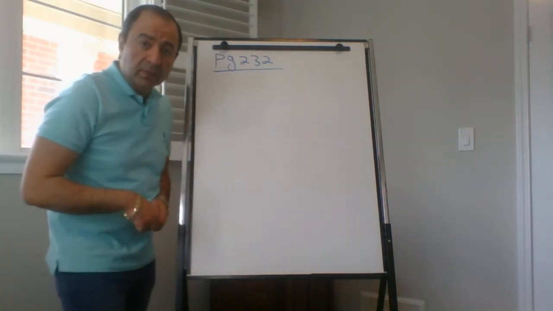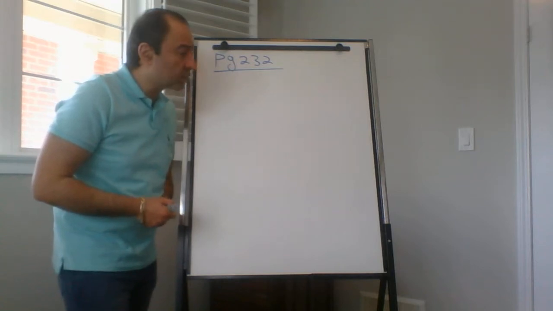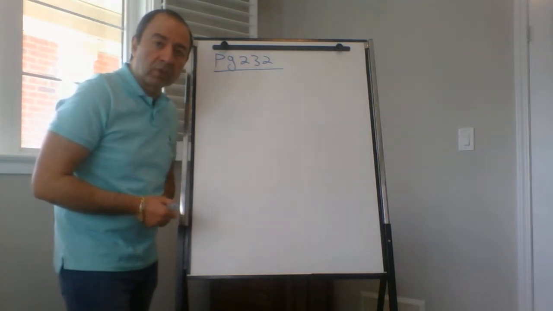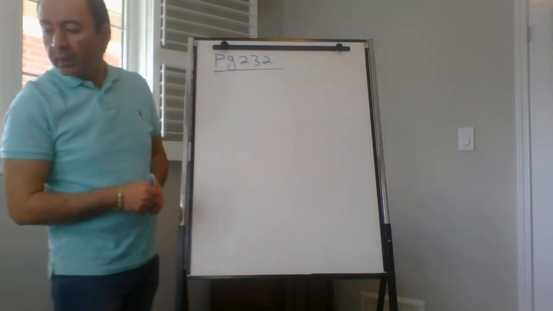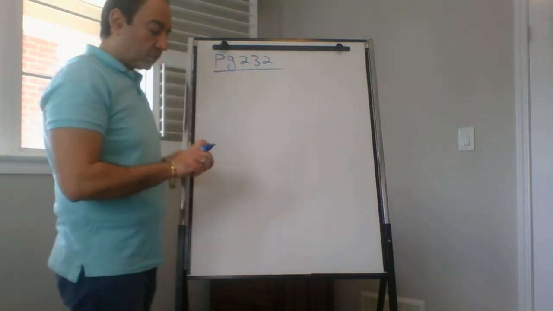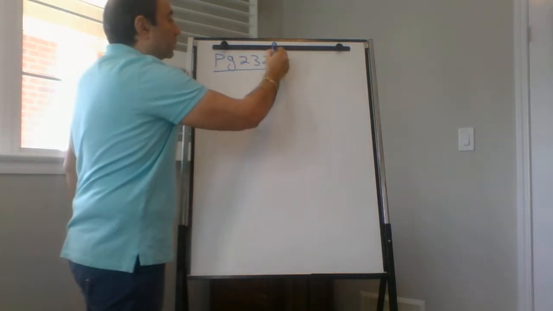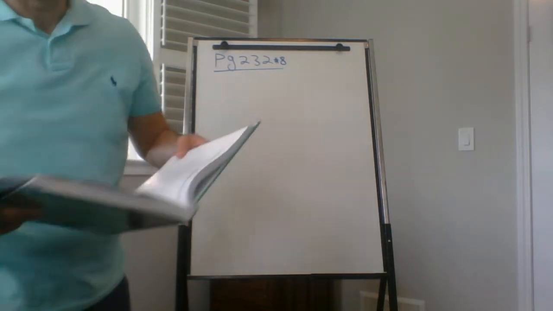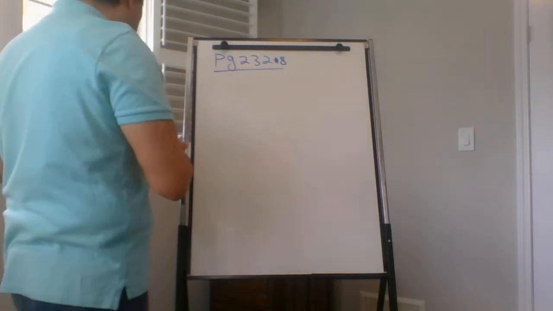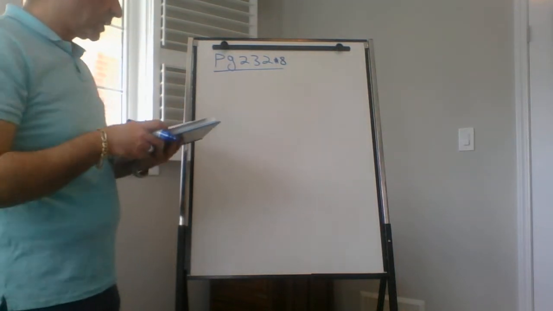Guys, in this video I'm going to continue answering your questions from the homework. I stopped at number 5A, and now I will do number 8 on page 232. Number 8 says, determine the coordinates of all the points at which the tangent to the curve defined by